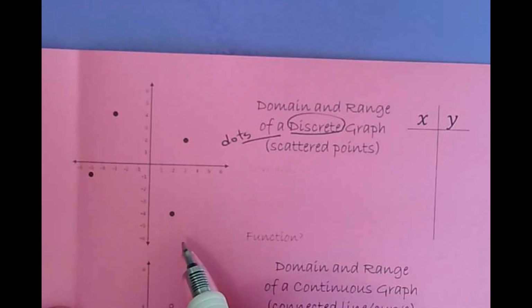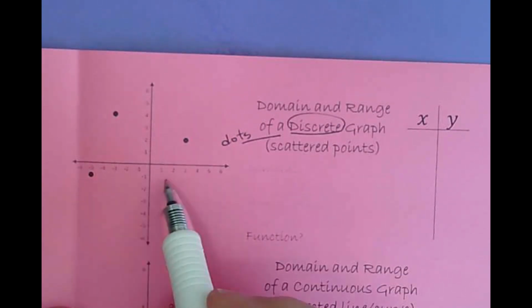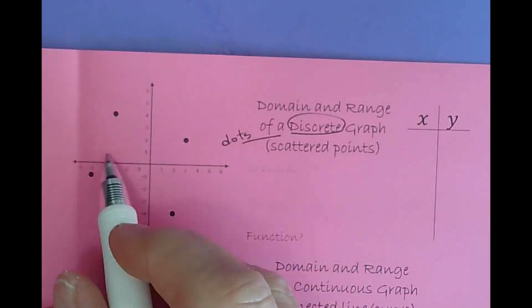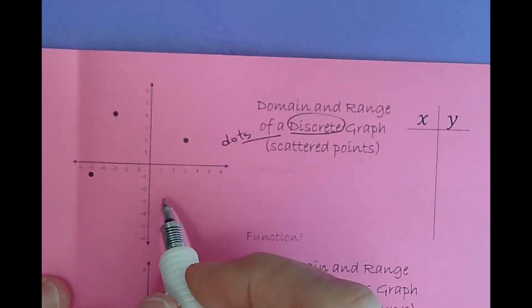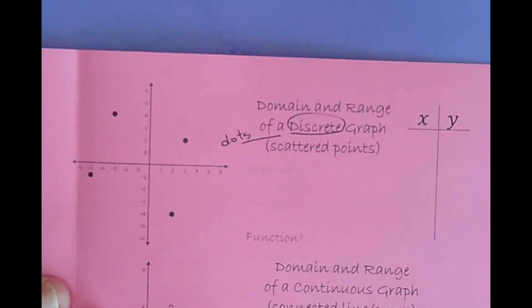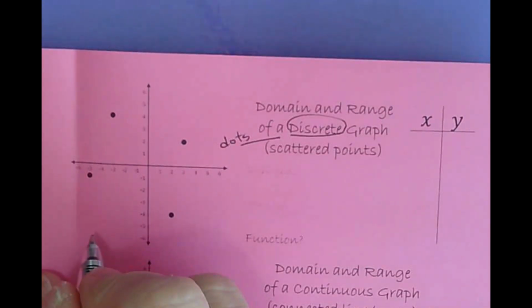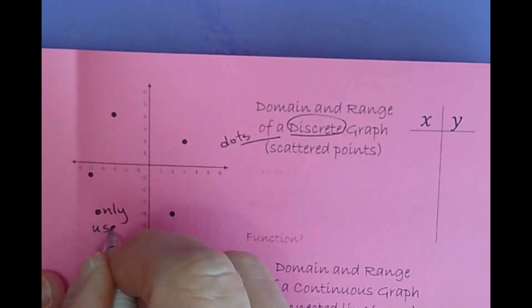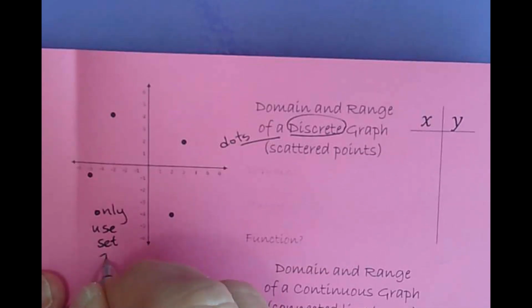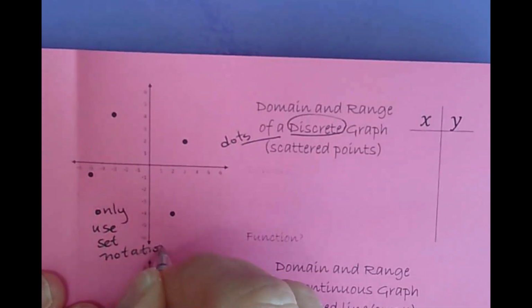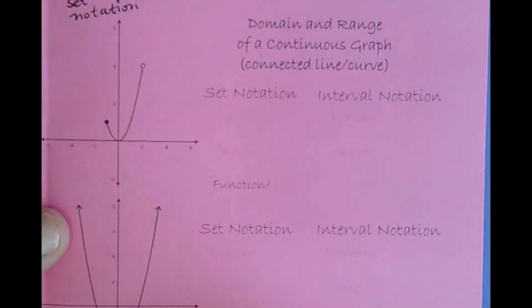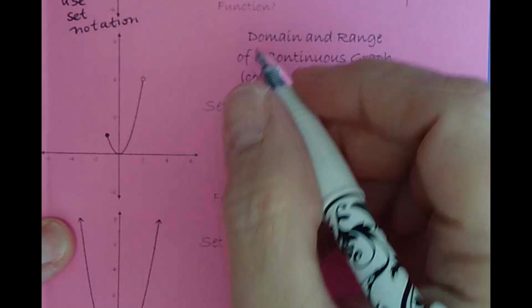The interval is describing from the lowest to the highest, the bottom to the top, the left to the right. And if nothing happens in between the points, then the only way you can accurately define the domain or the range is with set notation. However, we can use interval notation when you have a continuous graph. So if the points are connected,